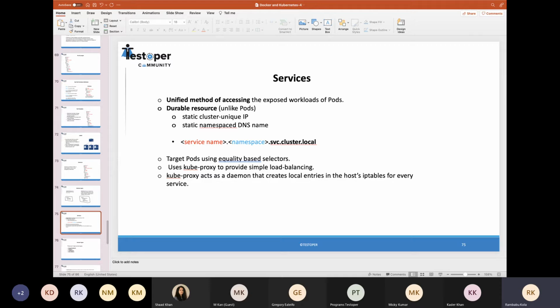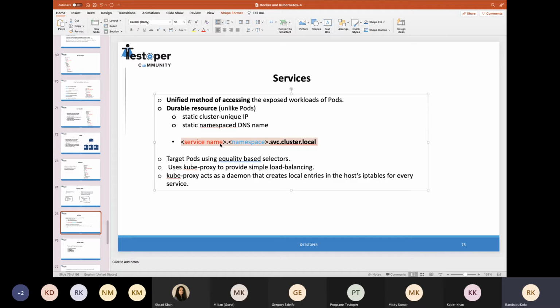And behind that, DNS is maintained in the namespace in this format: service name dot namespace dot svc dot cluster dot local. It is the internal DNS which the Kubernetes server maintains.